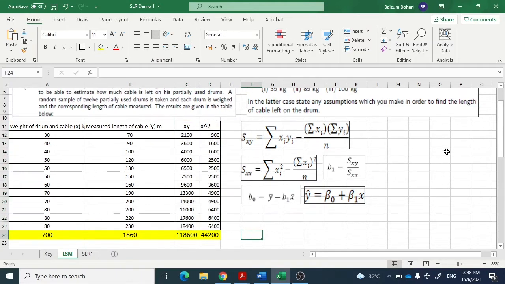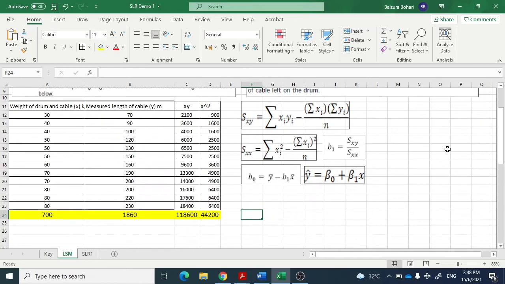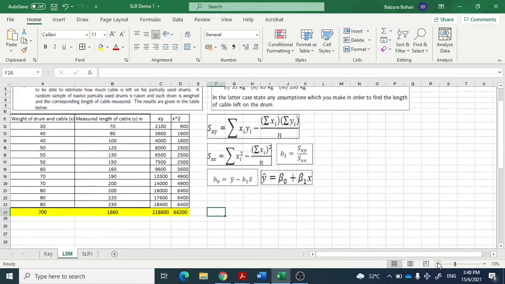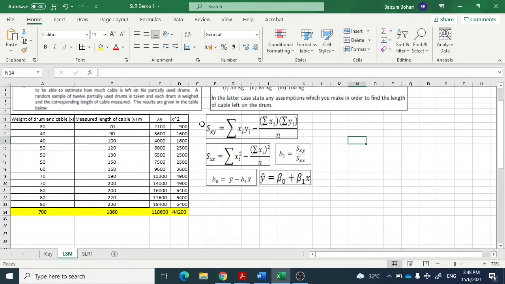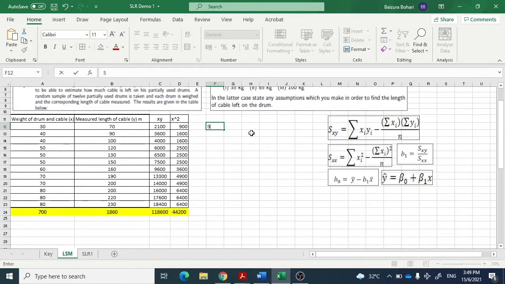Now we can compute SXX, SXY, beta 1 and beta naught. Let me move this to the side. To calculate the SXX,